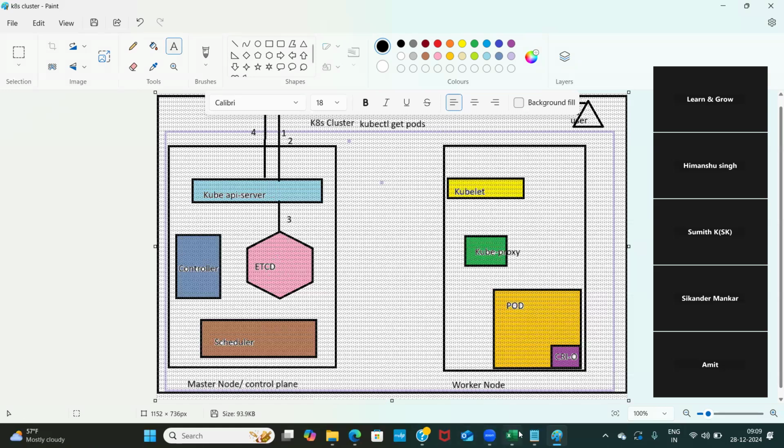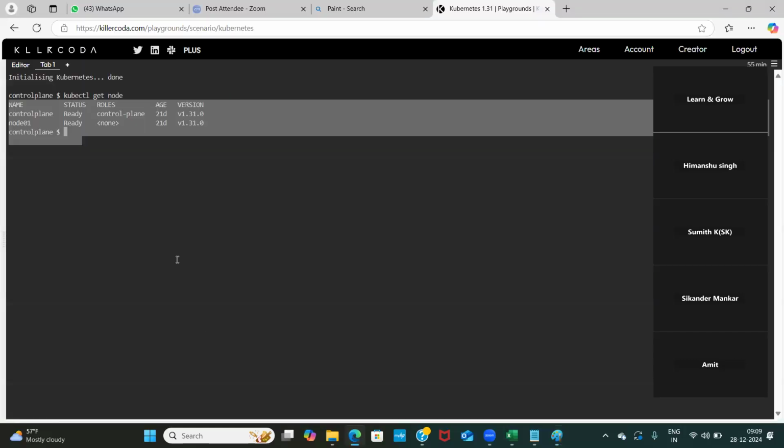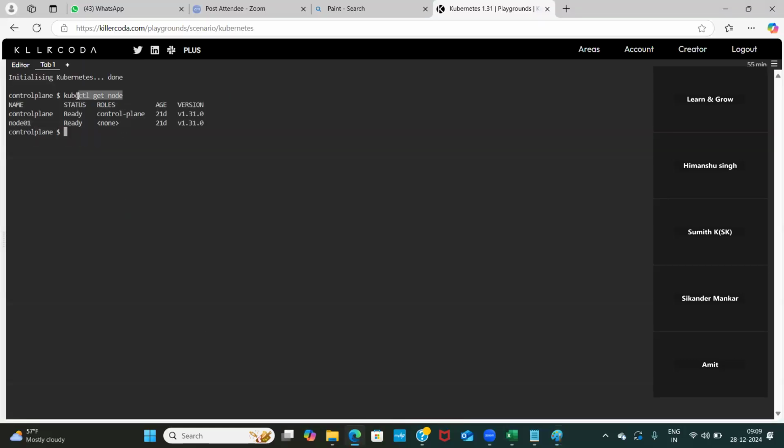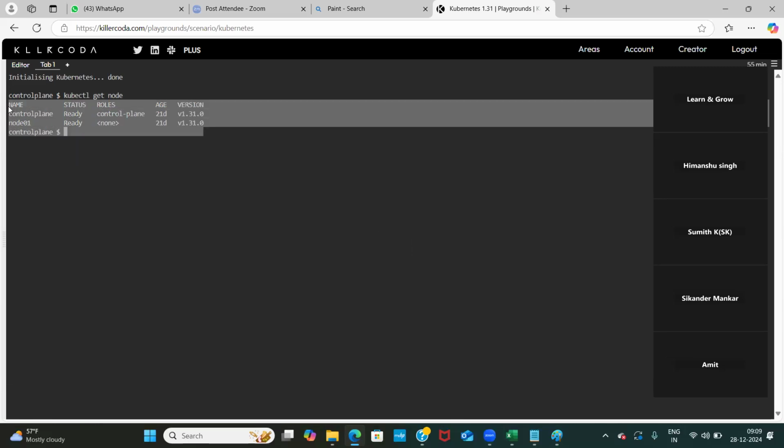So what is my point here? I fire this, I execute this. It first goes to the API server. The API server forwards that request to etcd. etcd retrieves data from itself and gives it back to the API server, and then the API server throws the output to me, and that time I am getting this. In this flow,